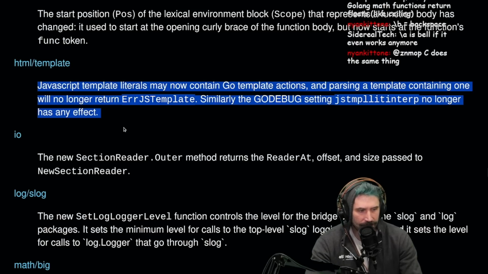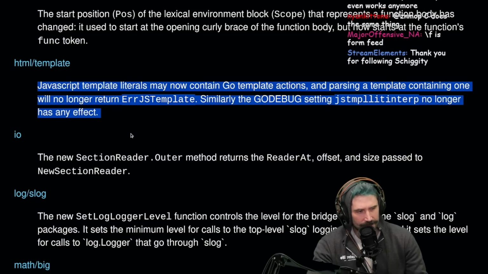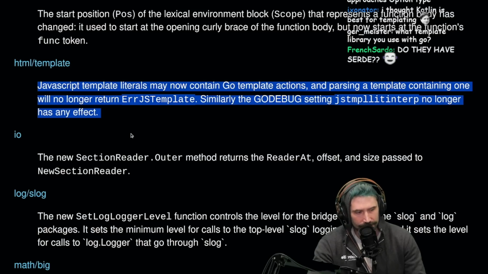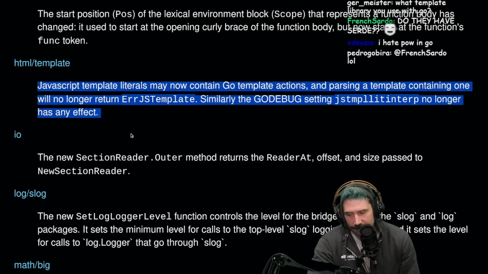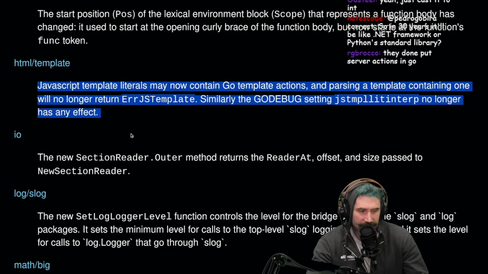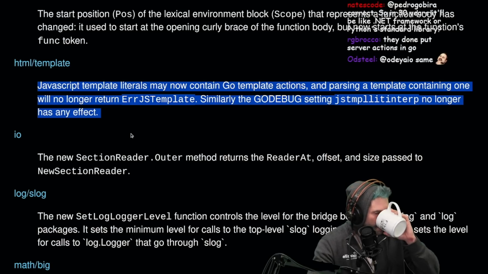Why do Golang math functions return floats, like ceiling? I think that's an artifact of the times. If I'm not mistaken, I think things will change. Well, the problem is that ceiling takes in a float. And so I guess maybe that's more of a philosophical question. I wonder if they've made it genericized so you can generic it into an int. Yeah, just cast it into an int. It's interesting though. I guess I'm curious now why too.